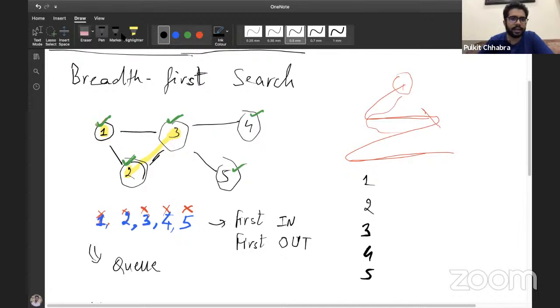For example, let me use the highlighter. If we see this path, 1 2 3, we have this one path, and we have this another path, which is of length 2. But since this one is the shorter path, 3 will be considered as a direct neighbor of 1 and not the neighbor of a neighbor, because in the best case we can reach 3 through just one edge, right? So what I am trying to convey here is that BFS will also help us in getting the shortest distance to each node from the source node.